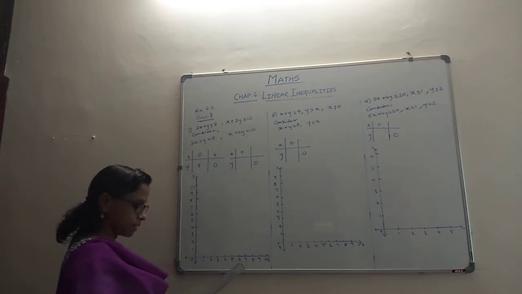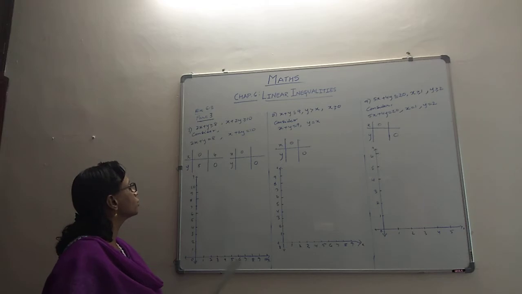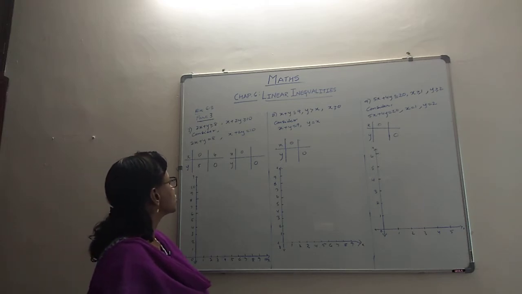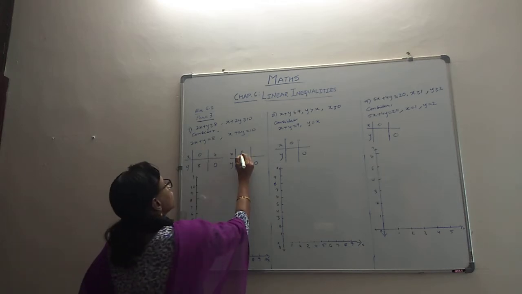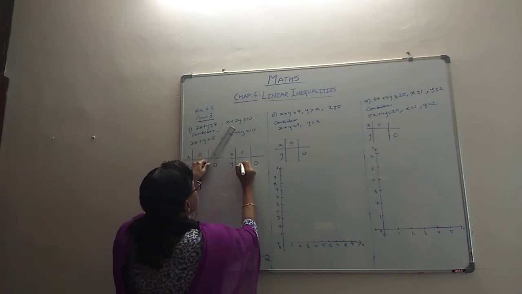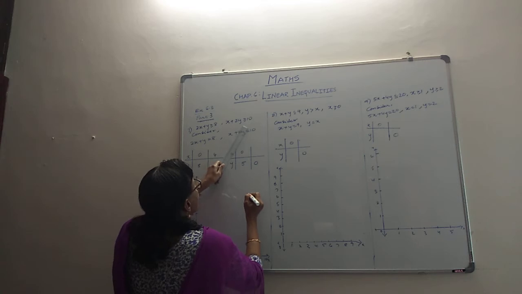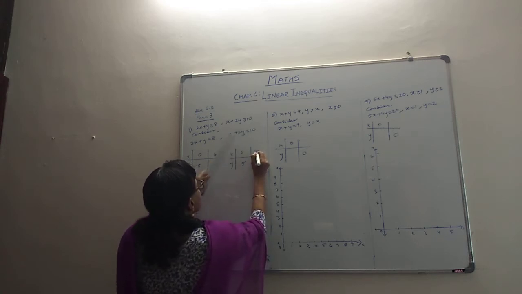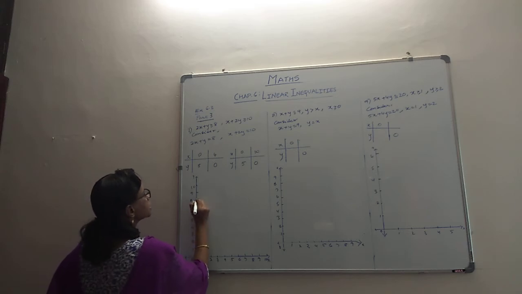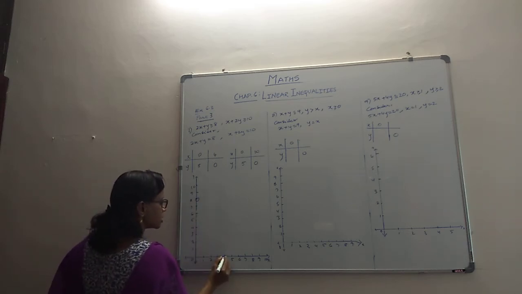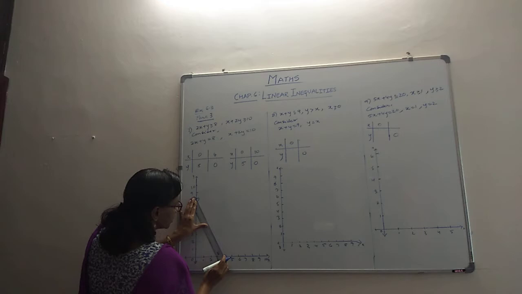Similarly, we are going to take up the values of x and y in the next case also. If x is 0, you are going to get 2y equal to 10, so y is 5, and if y is 0, you're going to get the x value as 10. Let's go for the plotting of this graph. 0 and 8 first point, 4 and 0 next point, and let's have the equation.